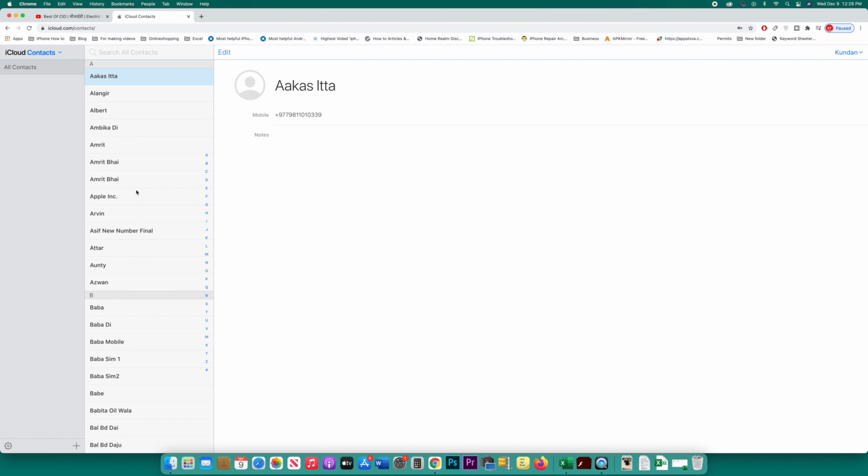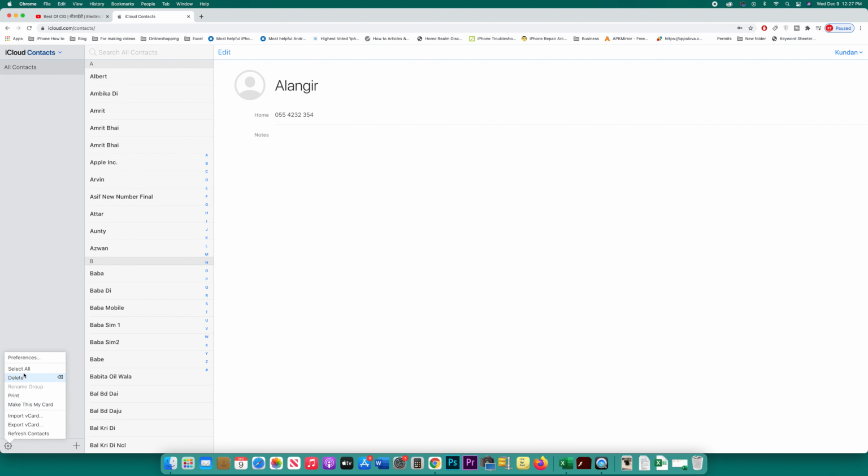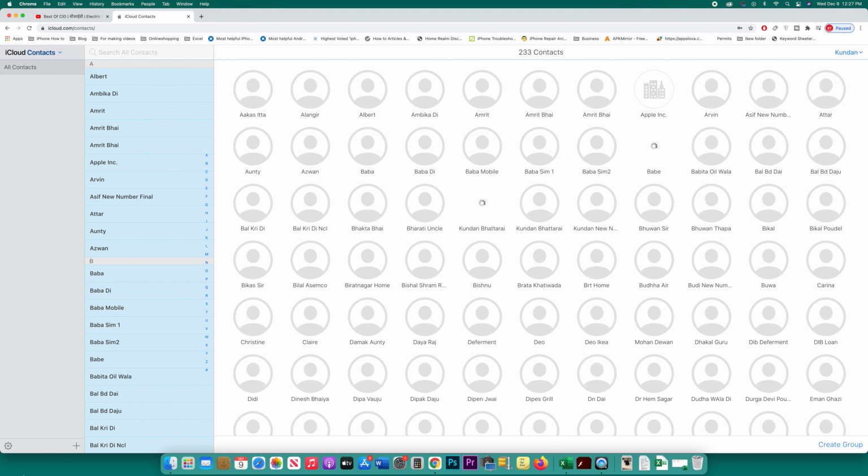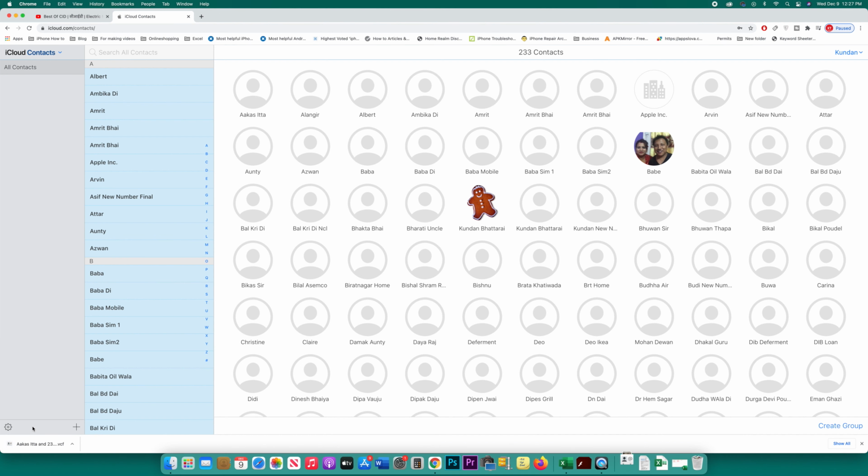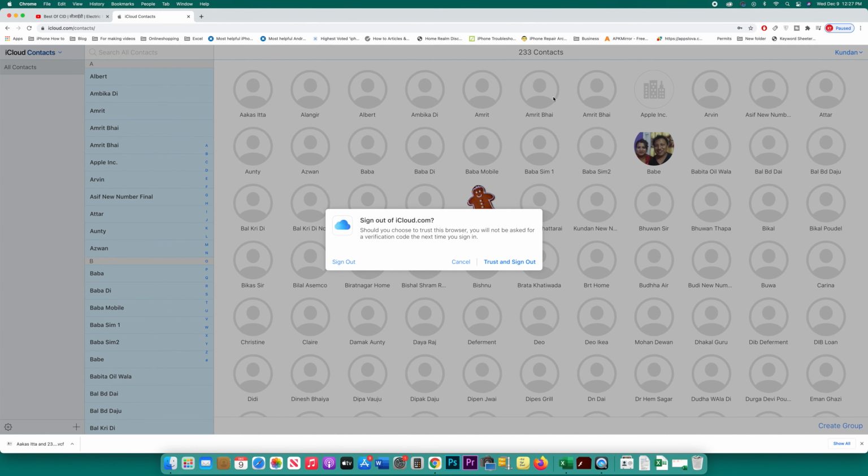and these are all of the contacts that are present in my iCloud. So if I have to download all of the contacts, what I will do is I will click on this gear icon, select this option, select all, and then again click on this gear icon and then select export vCard. So what happens is all of the contacts are downloaded in this file. After that, what I will do, I will log out of this website,